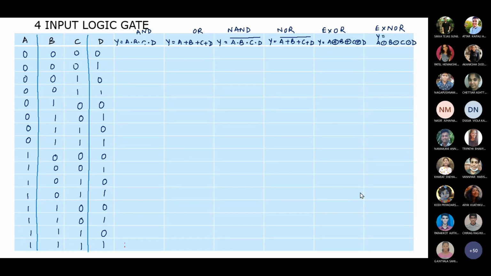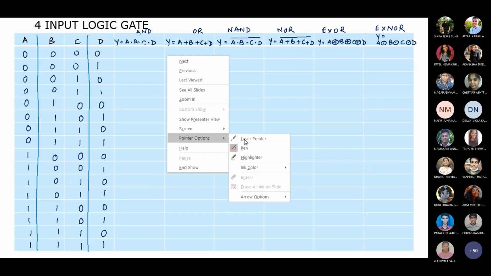तो 4 इनपुट में हम 4 इनपुट्स कंसिडर करेंगे, A, B, C, D, and we will write down 2 raised to n combinations of inputs, means 2 raised to 4, so 16 combinations. So वो combinations will start from 0 0 0 0 and go on up to 1 1 1 1. The same binary table that we have referred before will come. Okay. Now here again we go on with the same logic.